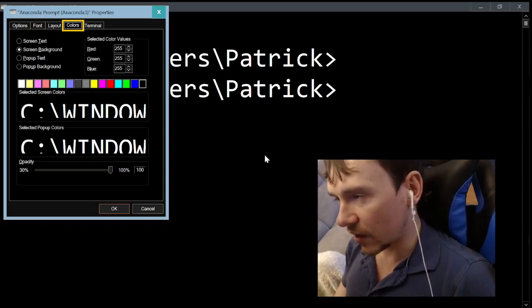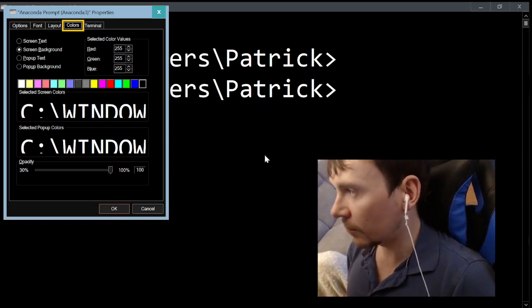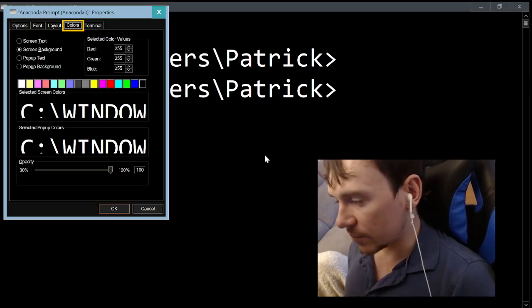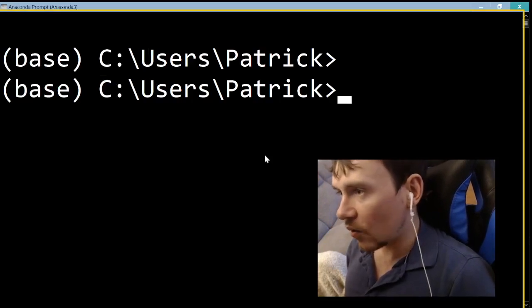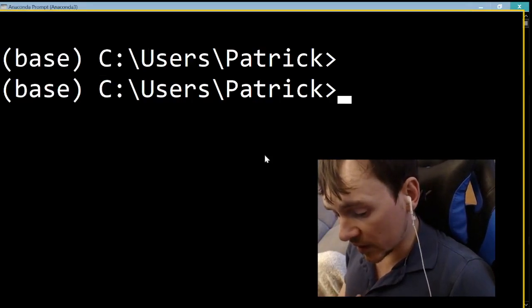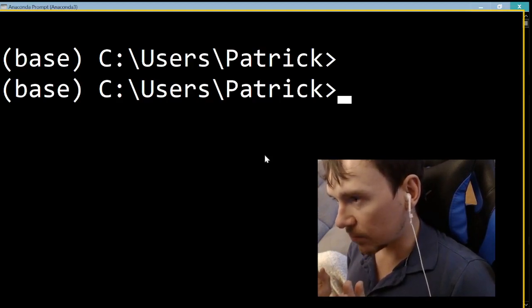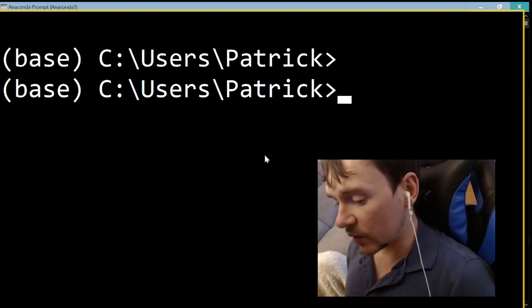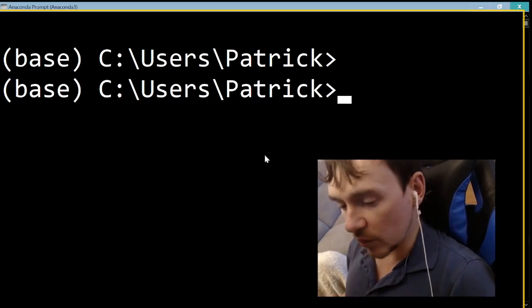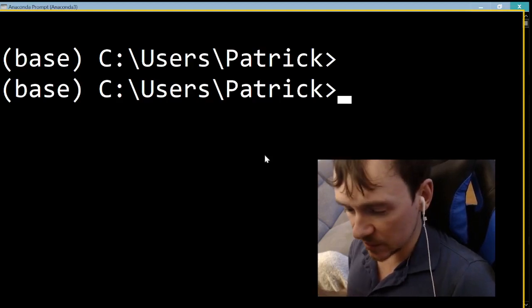Okay, so we can increase the font and change the colors. You can also change the font if that matters to you. I'm going to go ahead and press Escape to close this. Anaconda prompt. Okay, and now we're in the place right after we type Anaconda prompt and we get our command line prompt. What we're in right now is a version of the Windows command line, also known as CMD,